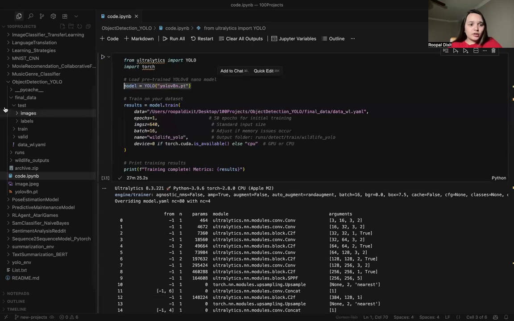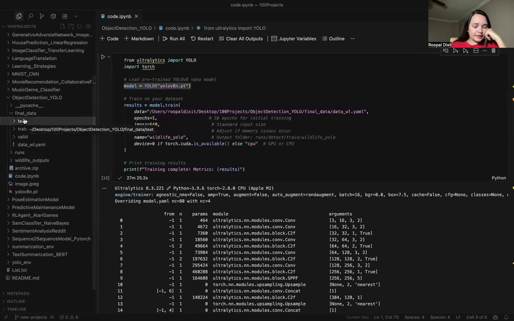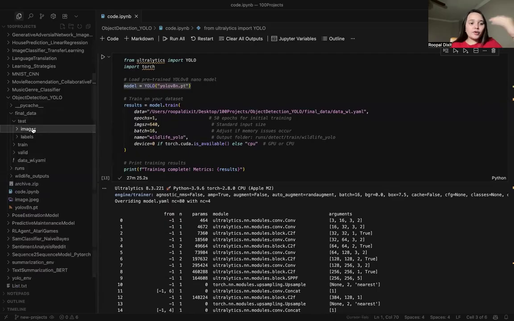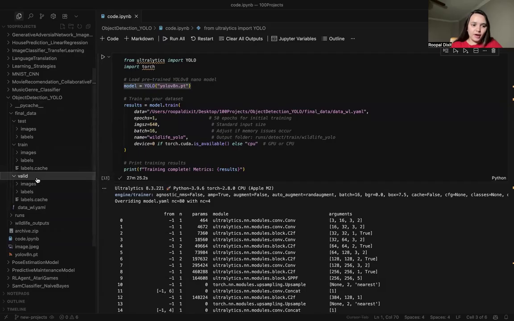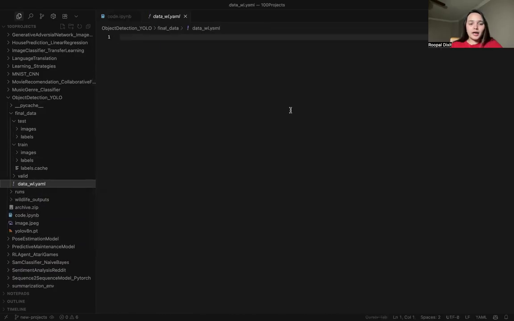It has a lot of images, and this dataset looks like this. The final dataset has test images, and for every image it has a label. The train set also has images as well as their labels. And this is the valid images where you can do your validation testing. And this is the information.